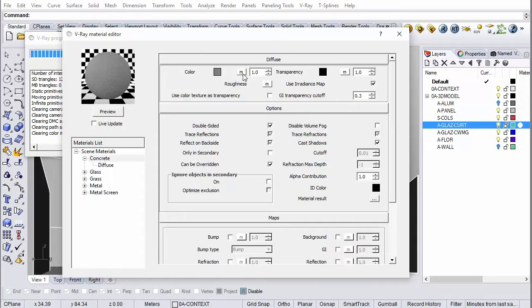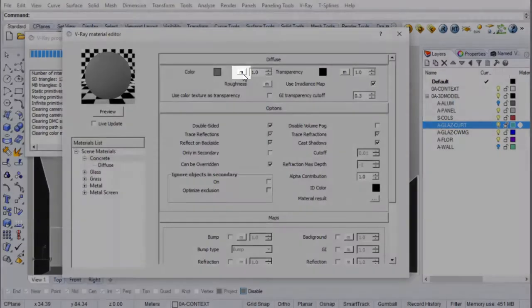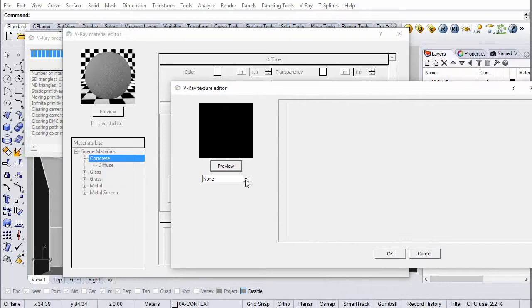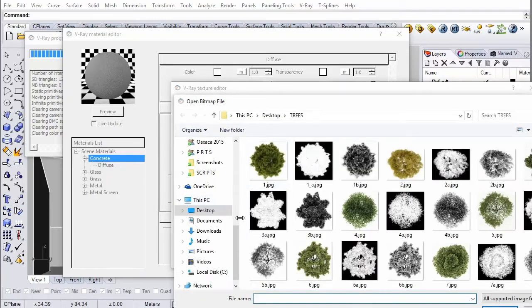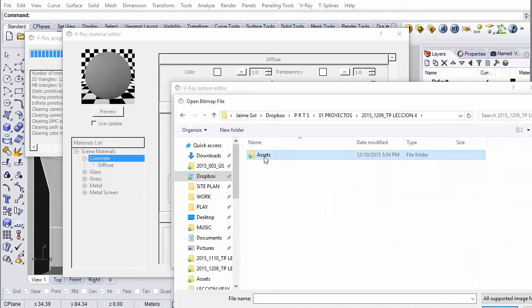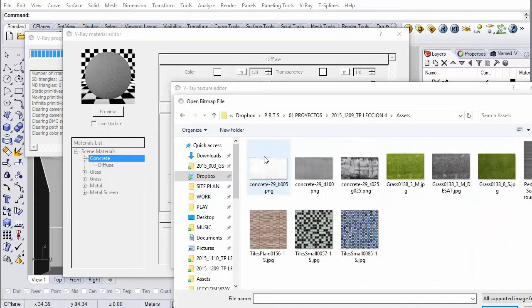So if you click on this M right here, and then under here it says none, you go to texture bitmap, then it's going to ask you to point it to a file. So I have saved all of my assets here. So my concrete is split up into different images, and that's quite important to understand.